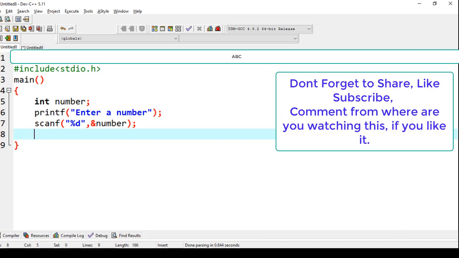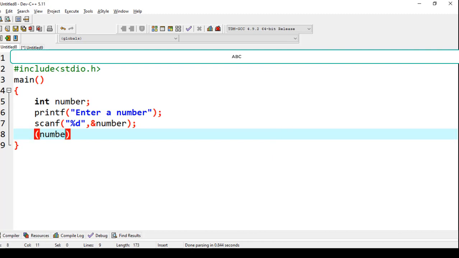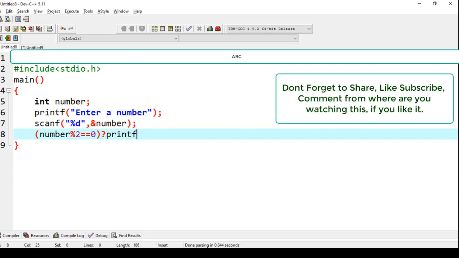Now to check whether the number is even or not, I have only one condition: number % 2 == 0. That means the number is exactly divisible by 2. I am coming with the conditional operator or ternary operator. Printf "given number is even". Otherwise, printf